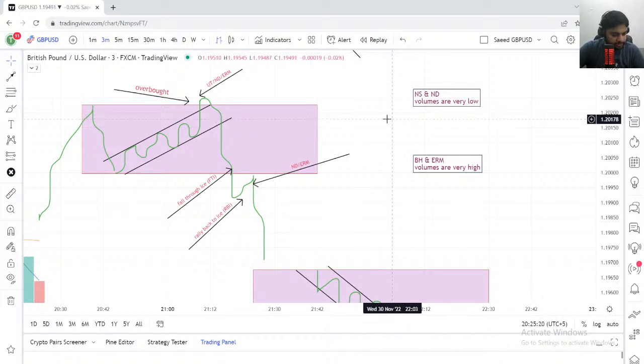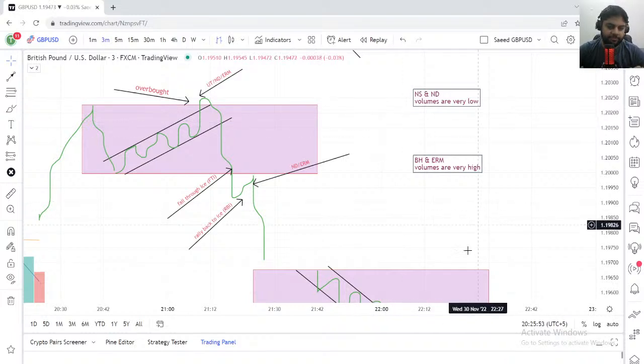You can open 2 trades, no problem, but try to open 2 smaller trades. For example, if your normal lot size is 1 lot, then now you will open 2 trades of half lot. You open 2 trades, half lot each. And then you can put the TPs at different points, but the SL at the same point. I will explain in the next webinar, which is next Wednesday. It's going to be very important and very helpful for you guys.